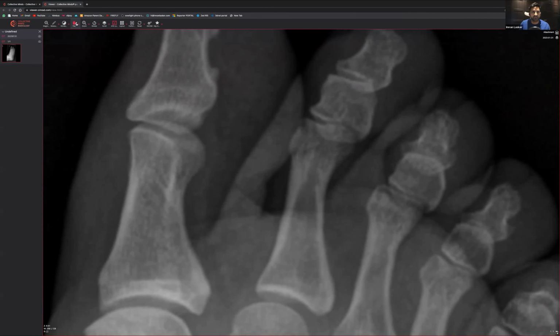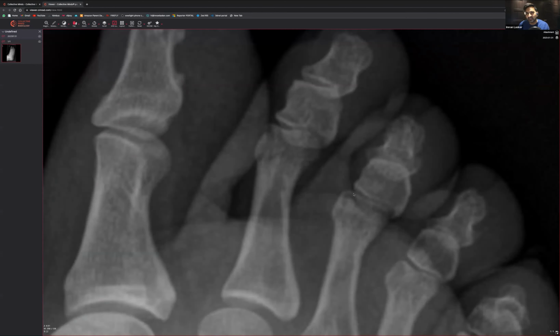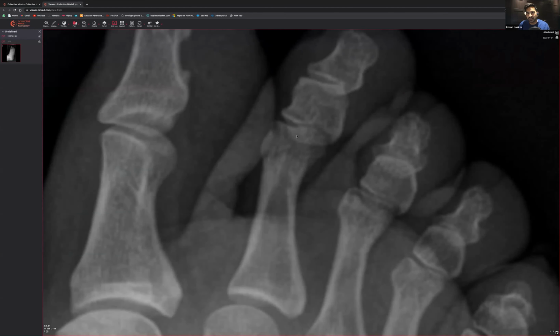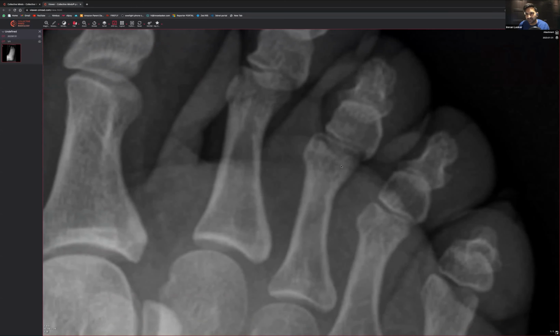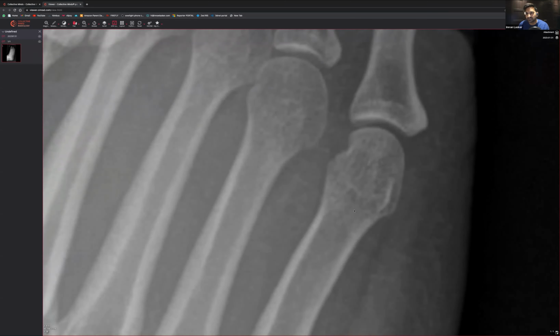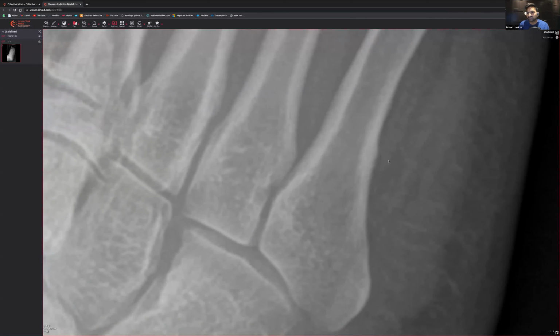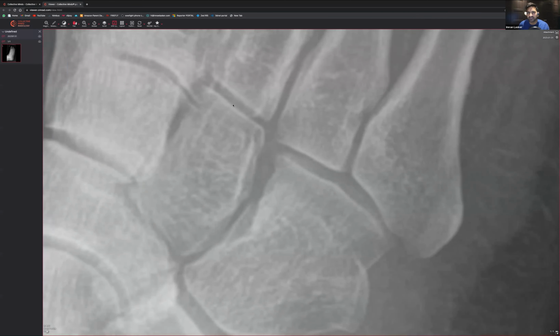So that's very well done. So let's have a quick look. Keep looking through. Terminal tuft. So I think we're going to discount anything going on there. I think that's going to be the fracture there. Everything looks okay. And I think I'm going to discount that. I think that's just probably the way they are. I don't see a fracture there.